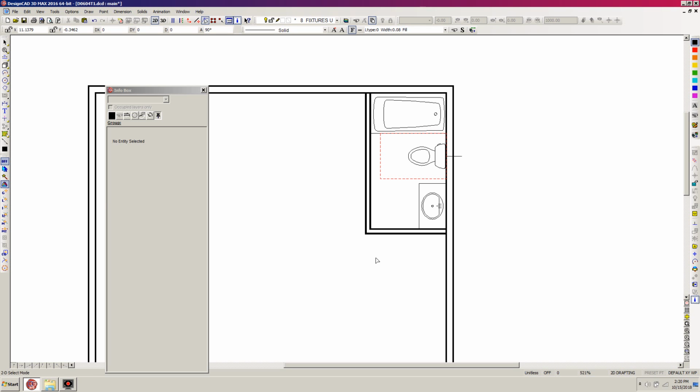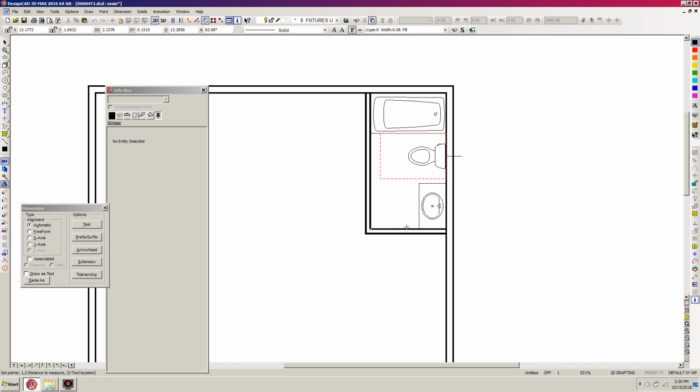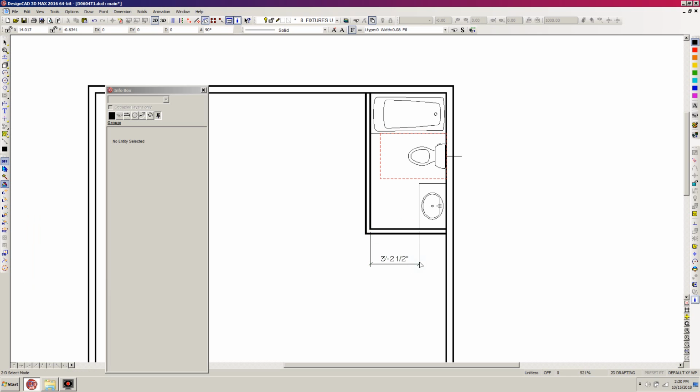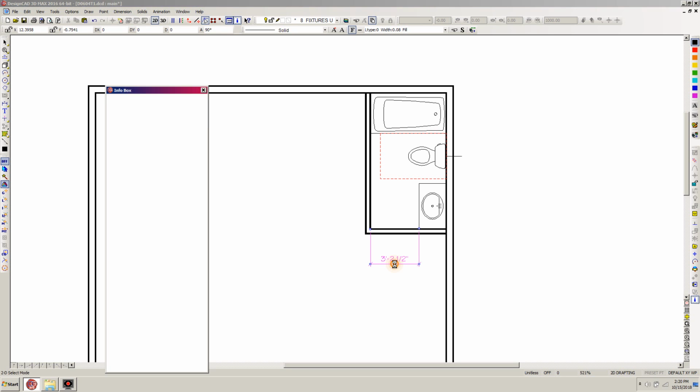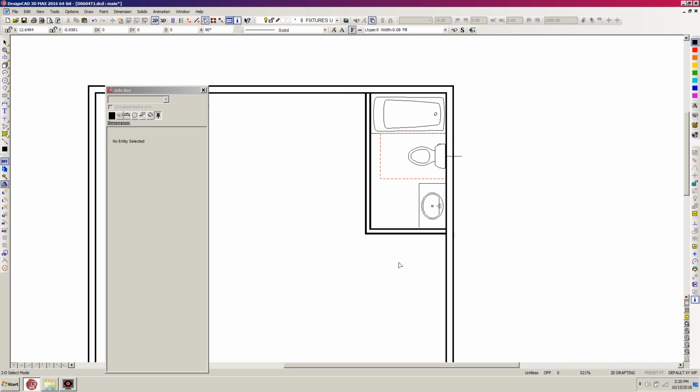I'm going to use a dimension command because I want to see how much room I have available here in front of the vanity. And so I have about 3'2". So I can easily, and I'm going to be dealing with a little bit of a return here on this corner for the door, about 3 inches or so. So I should be able to. I'm going to try a 2'6" door. So hit delete for that, and I'm still in layer 8 for my fixtures, so I'm going to hit Control